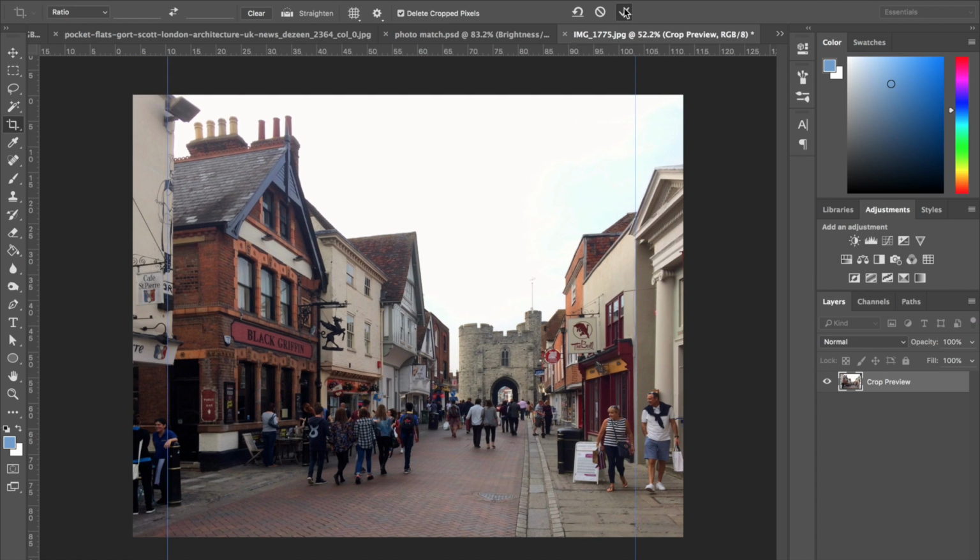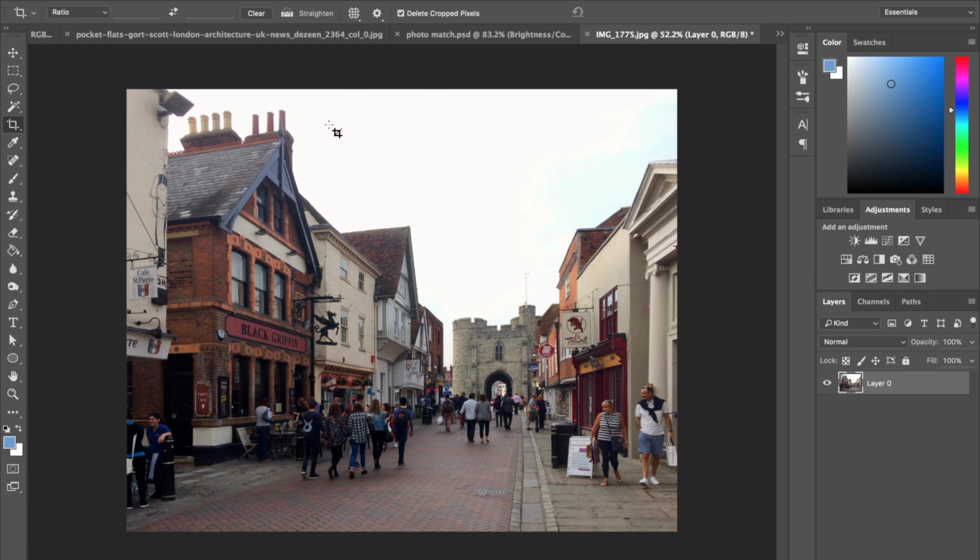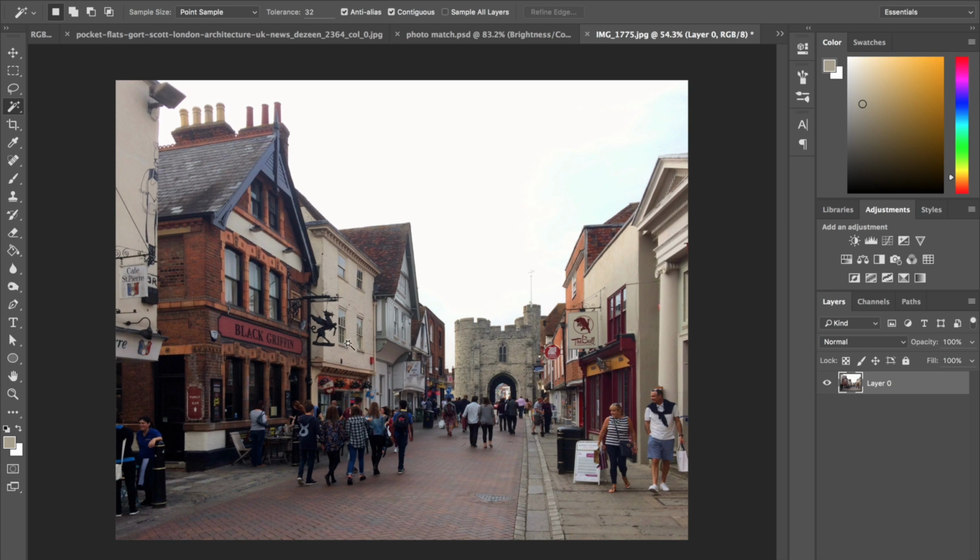Right, things to be looking at when you're first preparing an image for this effect is, in particular, the sky. Here we've got quite a white sky, and that just won't translate well to this watercolor effect, because it will make all these buildings look a lot more vibrant, and if the sky's just white, then it will just look a bit off. And also with the coloured skies, it gives more potential for grunge layers over the top, or a paper effect. And I'm just going to put a new sky on by just selecting the current sky,